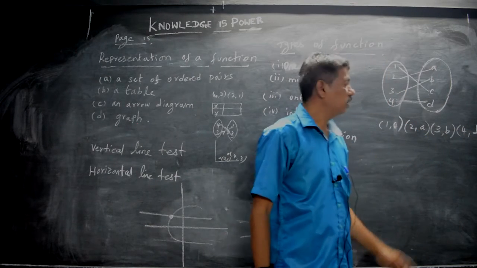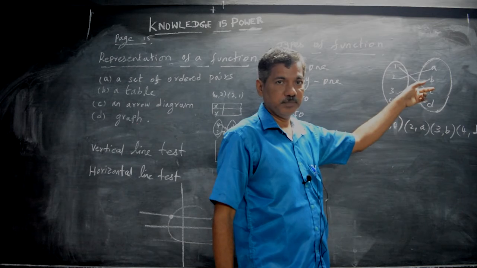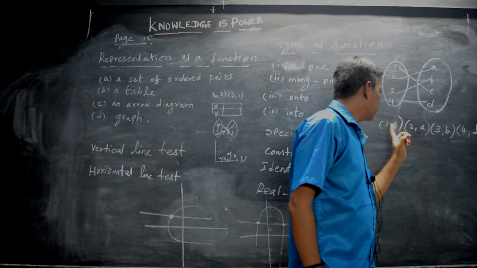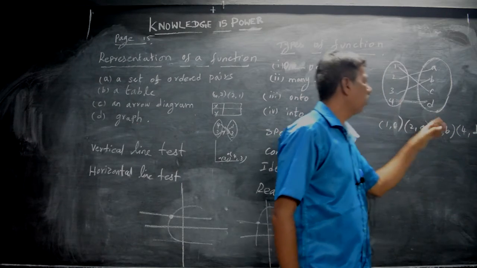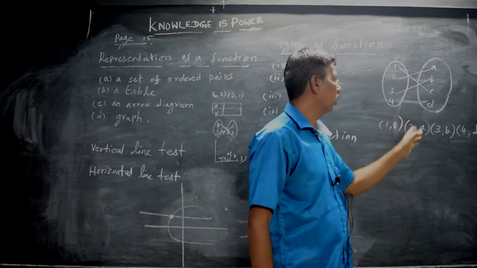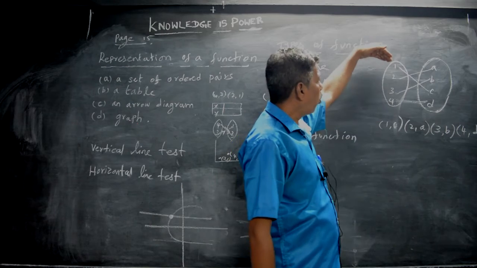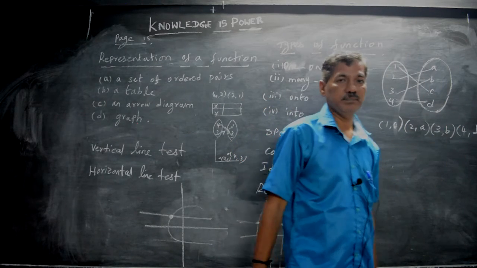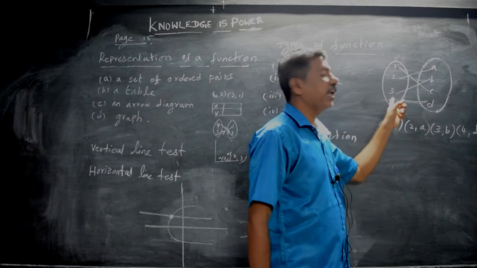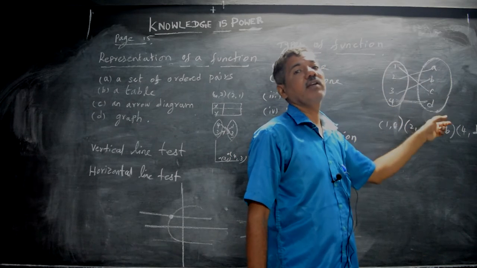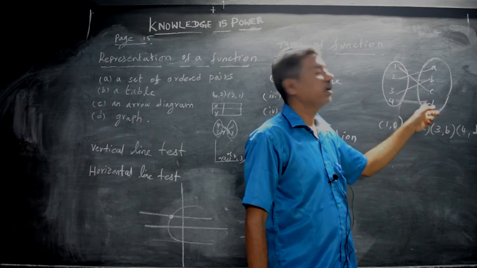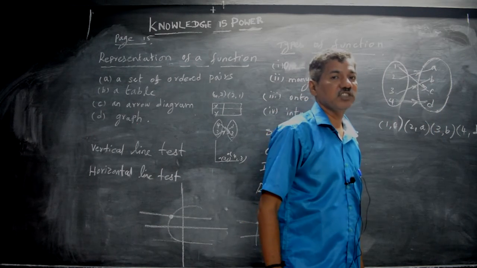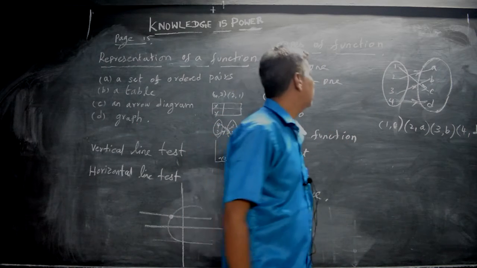You have to draw the diagram like this: 1, 2, 3, 4, and write C, A, B, D, either in order or in a different order. So A, B, C, D: 1 for C, 2 for A, 3 for B, 4 for D. So each element has a different image, and this arrow arrangement is called a one-to-one function. It's clear? Next,